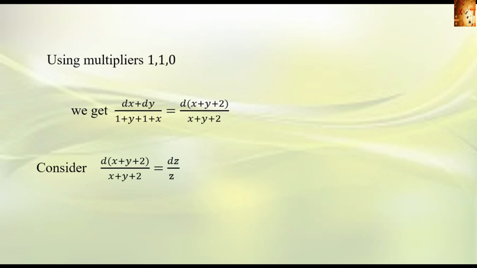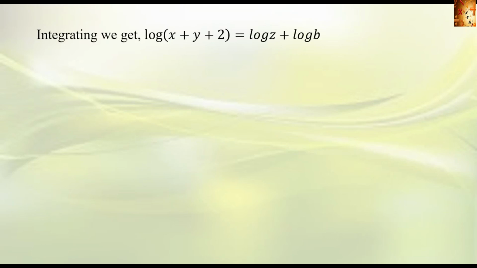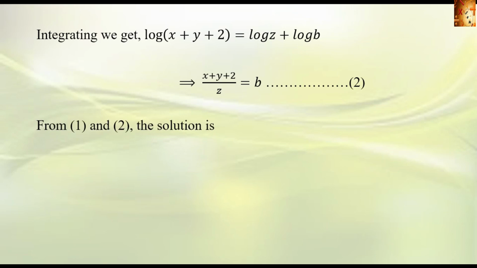So the answer is compared to dz by z. Then integration, we get log of x plus y plus 2 equal to log z plus log b. That is x plus y plus 2 divided by z equal to b. Therefore, the equation's solution is phi of x square minus y square plus 2x minus 2y, comma x plus y plus 2 divided by z equal to